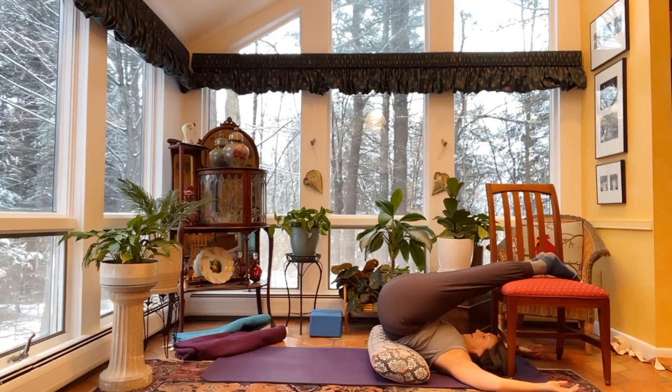Now, the idea is that you want to start to connect with your breathing. So you want to notice the breath. And if you know the Ujjayi breath, which is the oceany sounding breath when you constrict your throat, sounds like